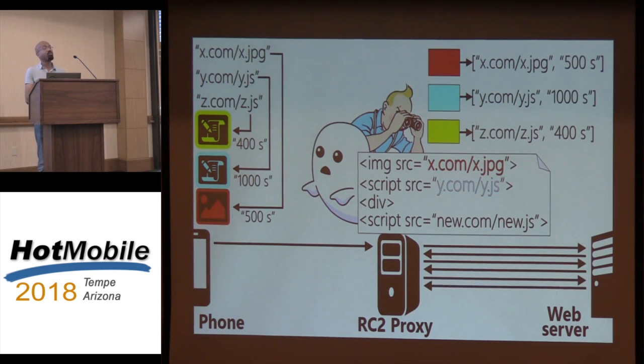Similarly, the proxy is going to fetch the external object, which is the second one, determine that the client already has a copy of that with the same URL and the same bits, so the proxy won't rewrite this HTML tag either. The proxy fetches the last object, which is named